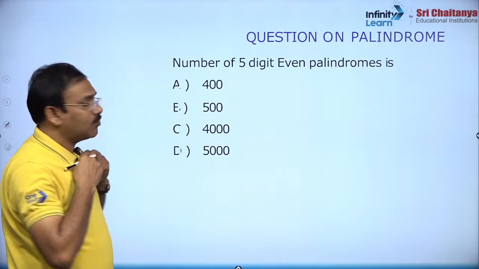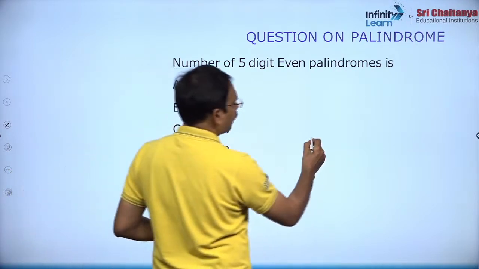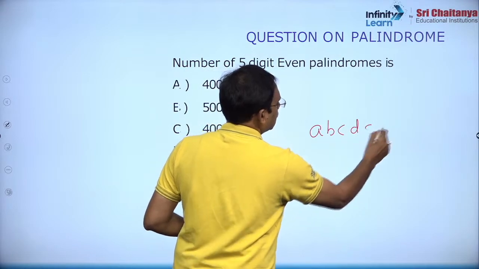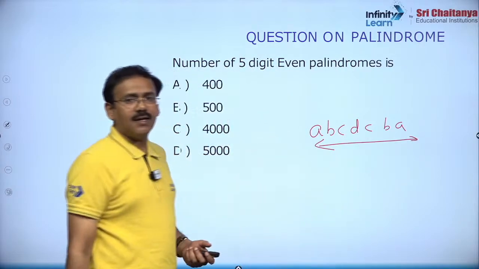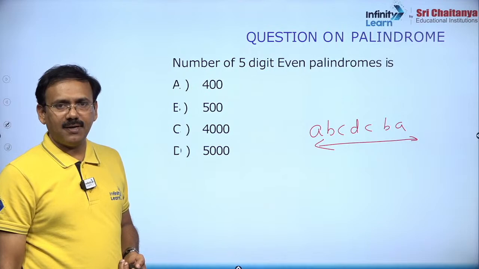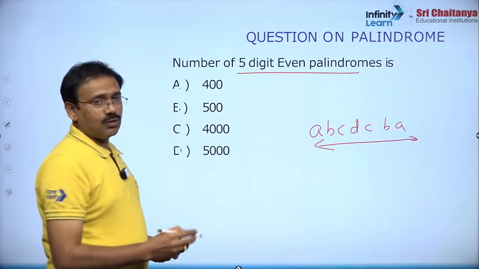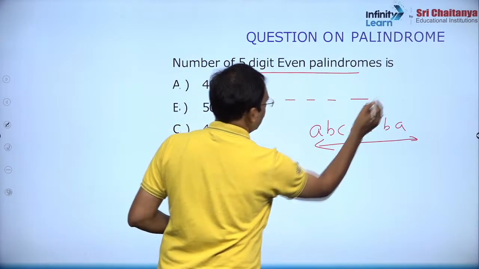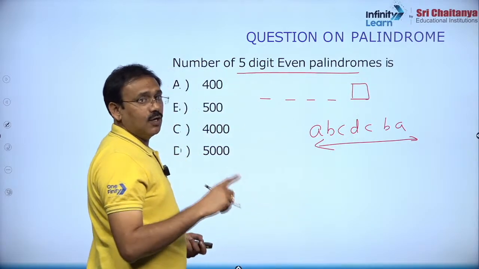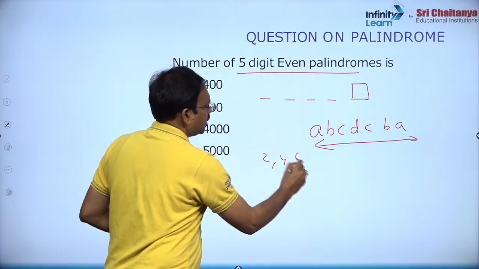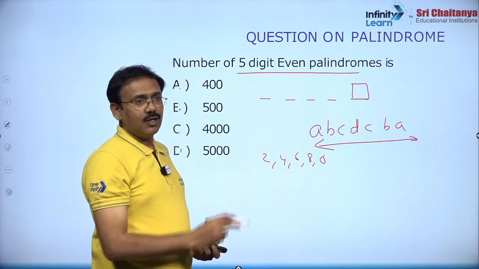पैलिंड्रोम्स माने शायद आप जानते हैं, या पैलिंड्रोम्स माने अगर लाइक ए नंबर बोलता है ABCBA, ये नंबर देखिए हम लेफ्ट से राइट और राइट से लेफ्ट किधर से भी पढ़ते हैं तो सेम नंबर आता है, ऐसे नंबर को मैथमेटिक्स में पैलिंड्रोम बोलते हैं। 5 डिजिट इवन पैलिंड्रोम चाहिए। सो देखिए 5 डिजिट इवन पैलिंड्रोम माने अगर आपको इवन चाहिए तो यहाँ पे कौन सा डिजिट से फिल करना है, 2 4 6 8 0। मगर हम यहाँ पे 0 रखते हैं तो यहाँ पे 0 रखना पड़ेगा क्योंकि फर्स्ट और लास्ट डिजिट सेम होना चाहिए।